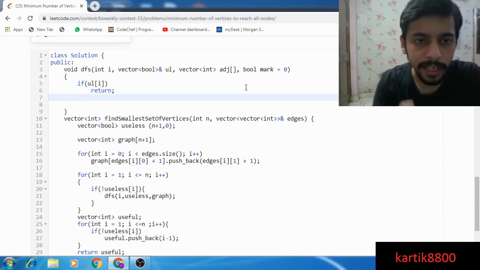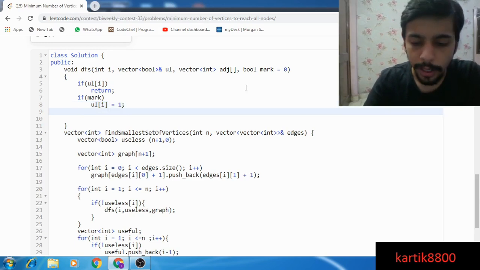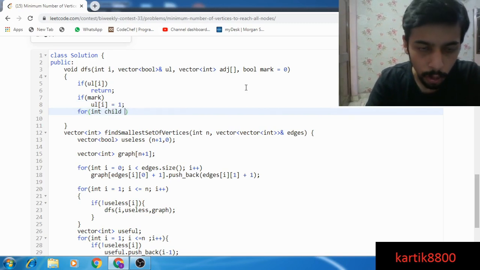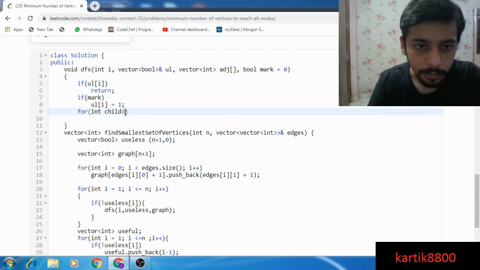So if this guy was already useless, return. Otherwise, if mark, then I mark it useless. Okay, next perform a DFS. So for all the neighbors of this guy, you'll see how this particular adjacency matrix helps me.